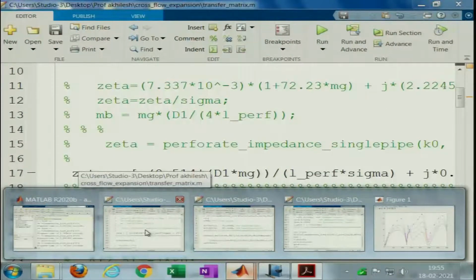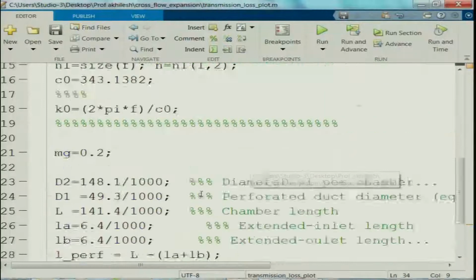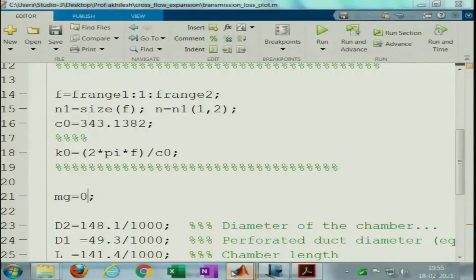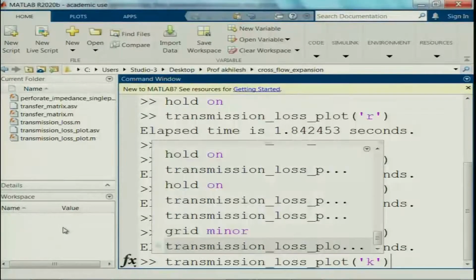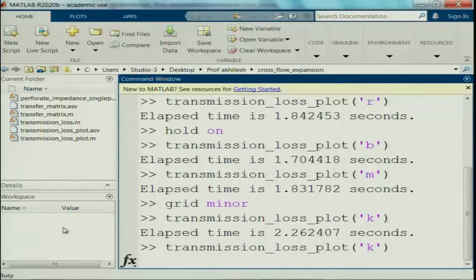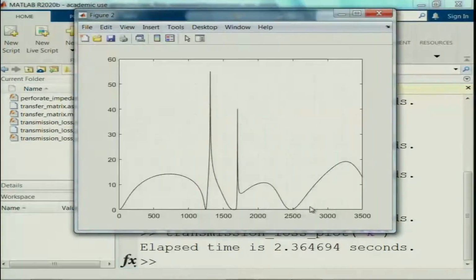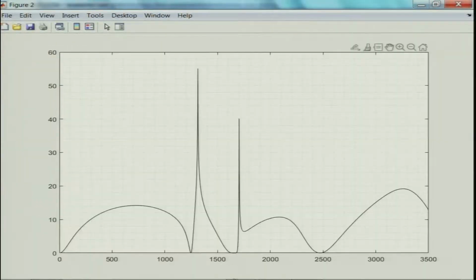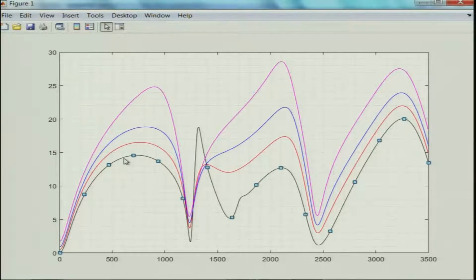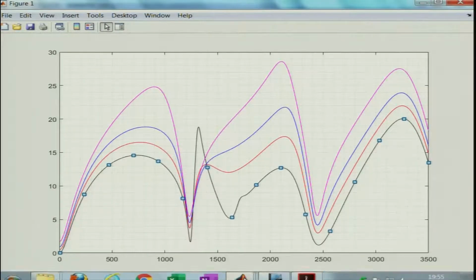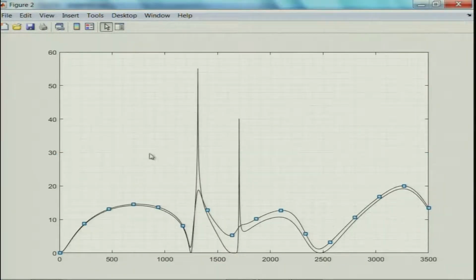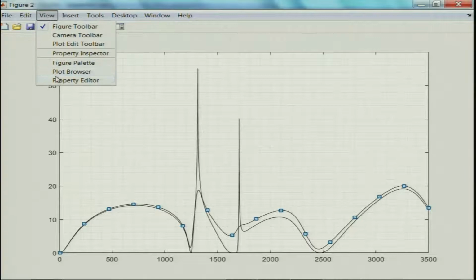There is one more thing that I could point out here, even for a cross flow configuration. If we set the grazing flow to 0 and compute it using the classical expressions, this is what we get. If you take this curve, maybe you like to use another color. This was obtained using Elnadi's expression, and let us change the color.